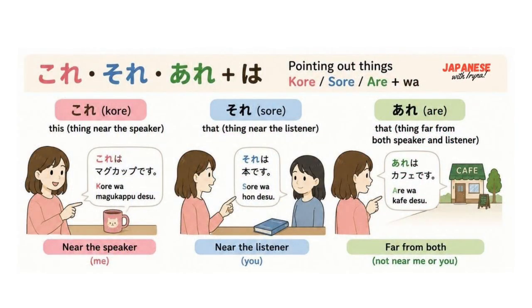You cannot put particle wa or ga after these words. The demonstrative pronouns such as kore, sore, are are used with particles wa or ga. これはマグカップです。それは本です。あれはカフェです。